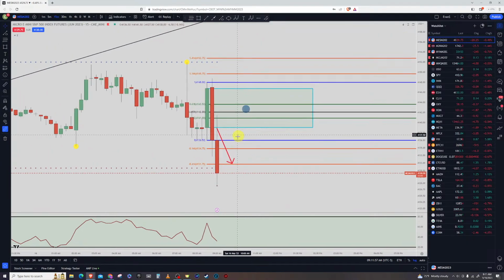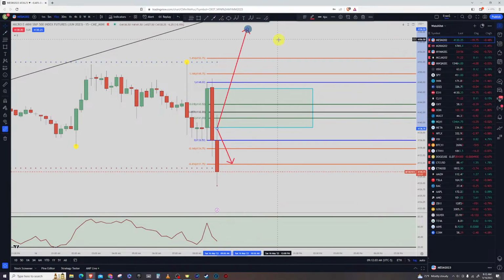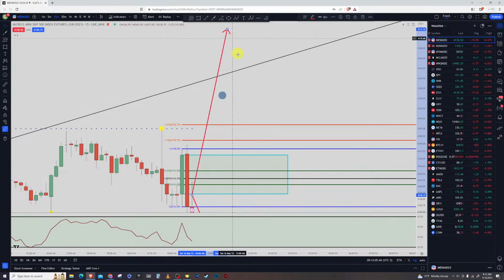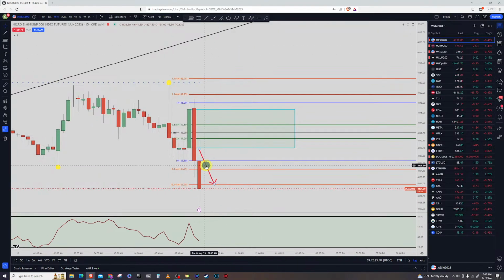So you start getting mad, and then all of a sudden you start getting in there, and it may work a couple times, but then eventually you get one that just takes off way up here, and then you're stuck in that trade. Then you want to get in a second time, so now you're in 2 contracts because the exit has moved, and you want to get a profit, but you have to wait forever for it to eventually come back down and hit it. So what I prefer to do is I'll miss these trades, but get in like right